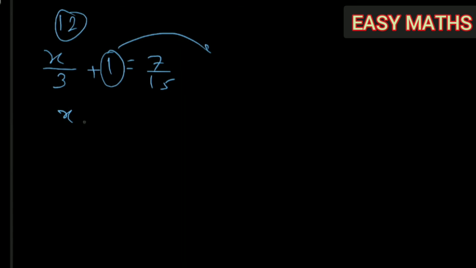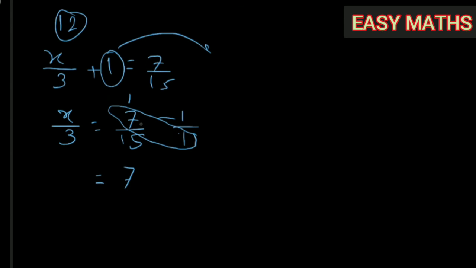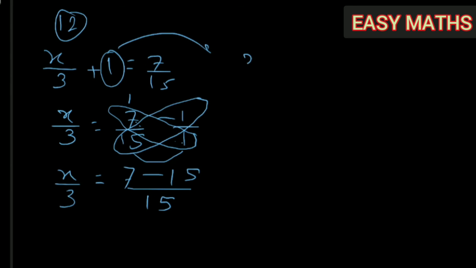So the last example which we are going to repeat now was x by 3 plus 1 equal to 7 upon 15. What we can do also is we can take this one straight away to the right hand side. 7 by 15 minus 1, and now I am going to cross multiply here. 7 1 is 7. We first have to multiply it by multiplying these two terms only, and then afterwards we multiply these two terms. 15 1 the 15, and in the denominator again multiply the denominators. 15 1 the 15. So what are we getting here now? X by 3 is equal to minus 8 upon 15.